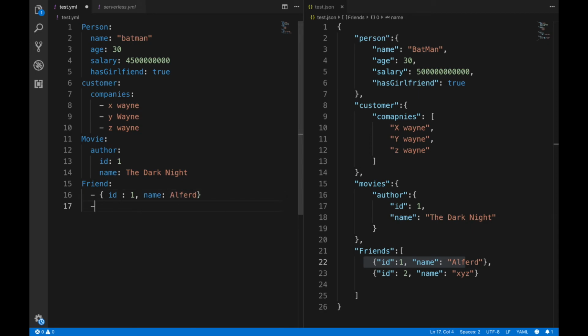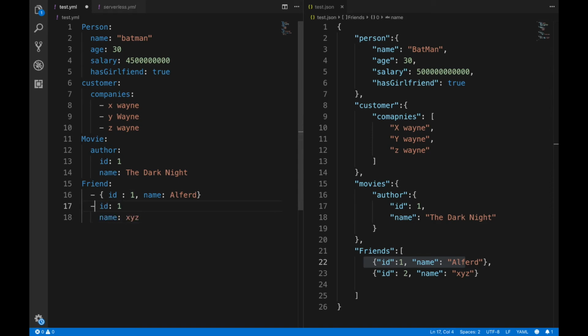And the second format to write object within an array, that is same but a little bit different. ID is 1. You have to just press enter, nothing to write there. You have to just start from there only, and you have to write name which has XYZ.